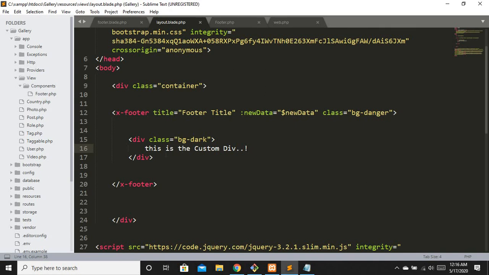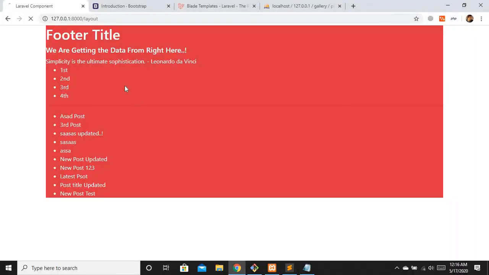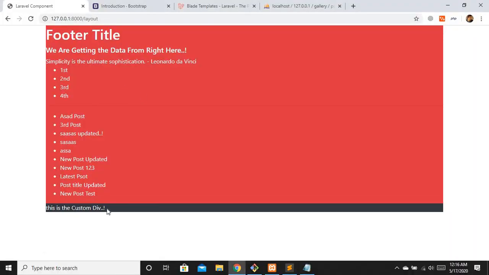So to call this div, we are having a global variable of slot when we implement these components. So what I am going to do is I'm just going to echo the slot variable. That's it. Refresh, and you can see now we are having a div right here. So these are all the options for the component.